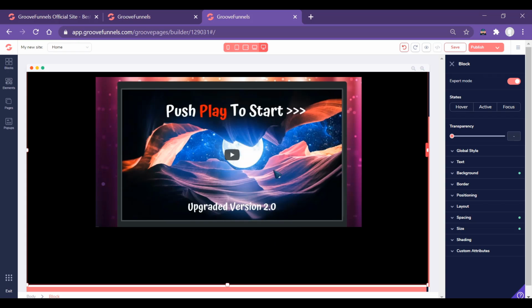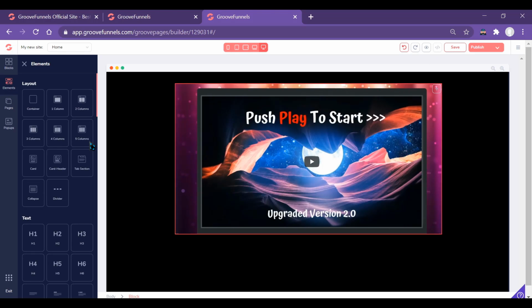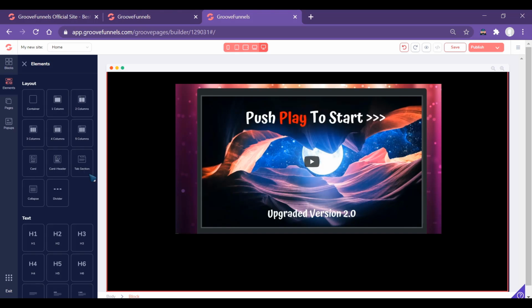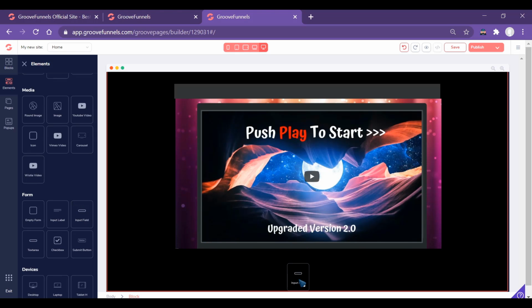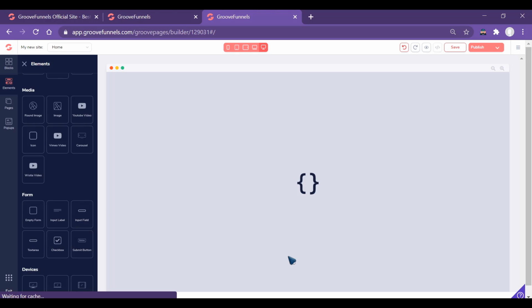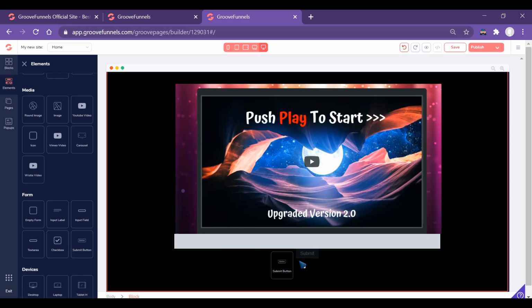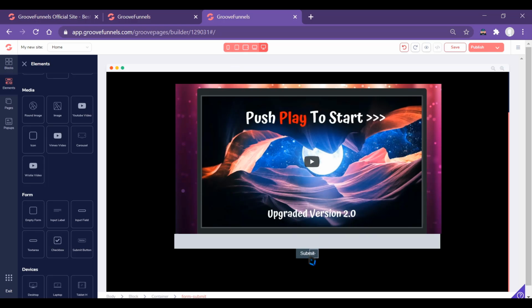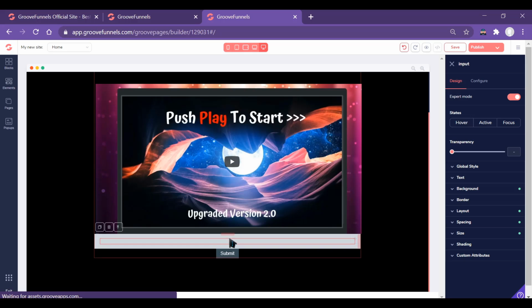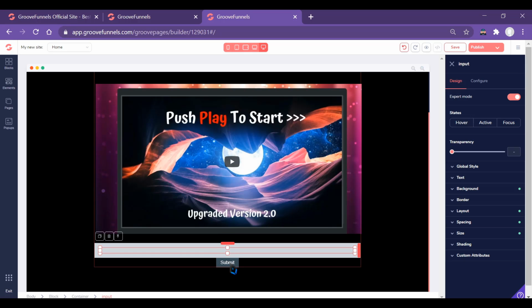And when it comes to this, you have to have an email opt-in page. Basically, we are building an email opt-in page. For an email opt-in page we need a form, so drag and drop it here. It's basically a simple input field. Then drag and drop the submit button. So here we get two buttons. If we want a little bit of space in here, it's very easy, just drag and drop.